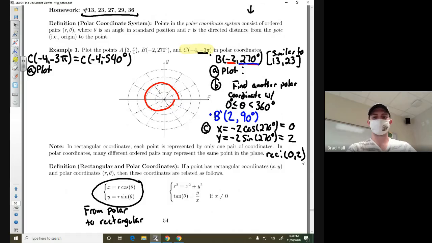And notice, because this is a negative number, negative 540,